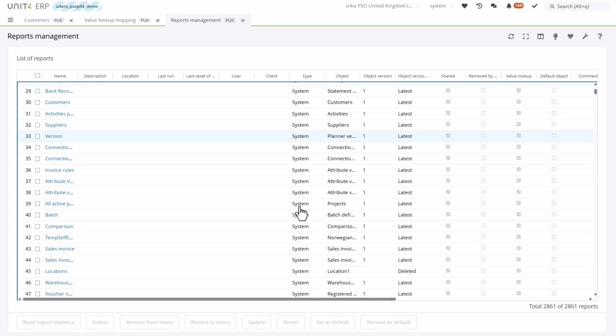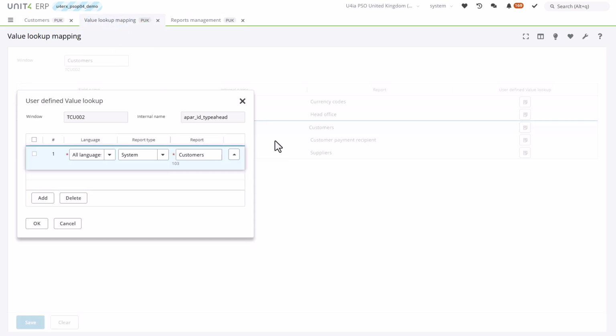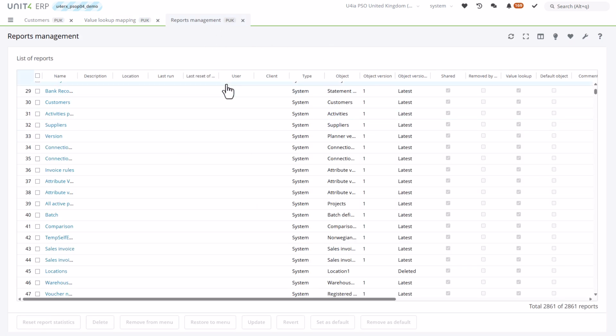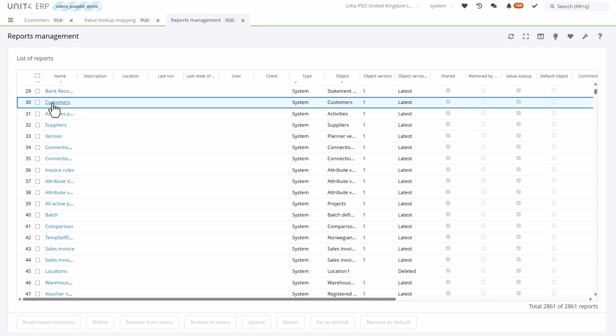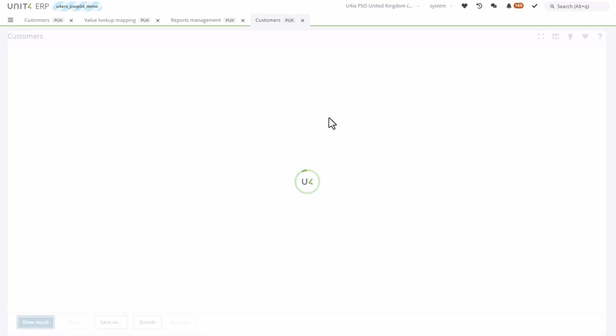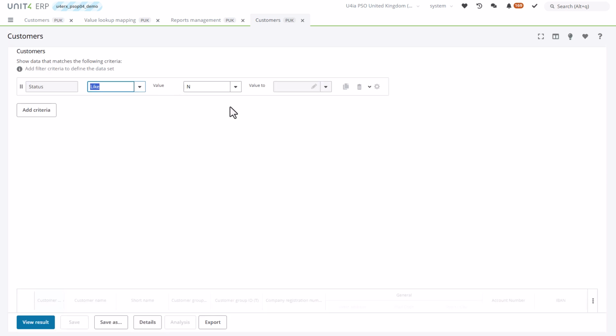So lots of these different system reports will be for different value lookup screens. And in fact, in here, for value lookup mapping, all of these different ones for currency codes, head office, customer payment receipts, you can find all of those in this reports management screen. Now, unlike ERP7, you can't change the default ones here. I can open it, I can have a look at customers and see what it's like. There you go, so it's based of course on the customer's object, and there's all those columns that we saw before. If I can view results,